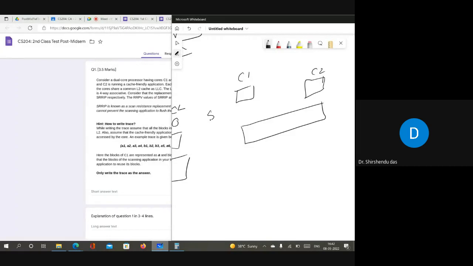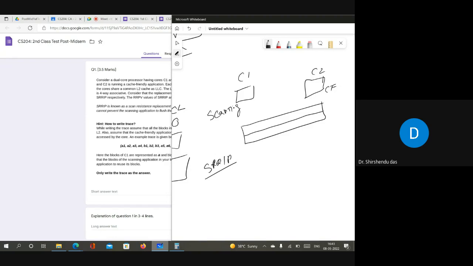C1 is running a scanning application, and C2 is running a cache friendly application, right? Normally we know that the SRRIP replacement policy is scan resistant. A scan application cannot flush the entire cache here. So the question was to write a trace such that SRRIP cannot handle the scan application,